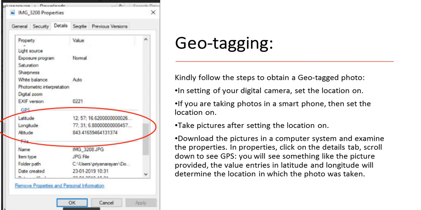In some of the metrics, you will have multiple geotagged photographs to be uploaded. For example, say classrooms. You may have many classrooms of which you have taken the geotagged photographs. You cannot upload all the photographs in SSR. In such a case, you have to upload these geotagged photographs in your institutional website because it will be beyond 5 MB, and you can provide the link in the respective metric.